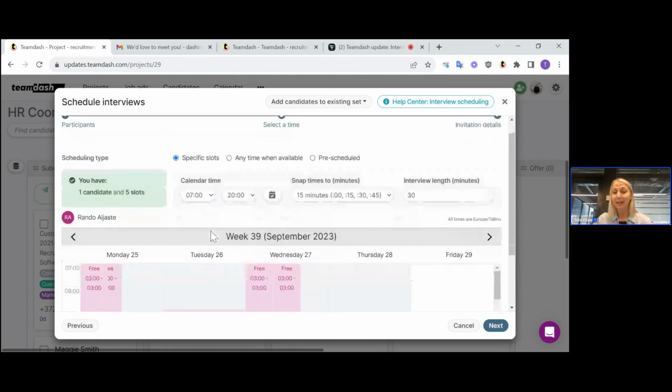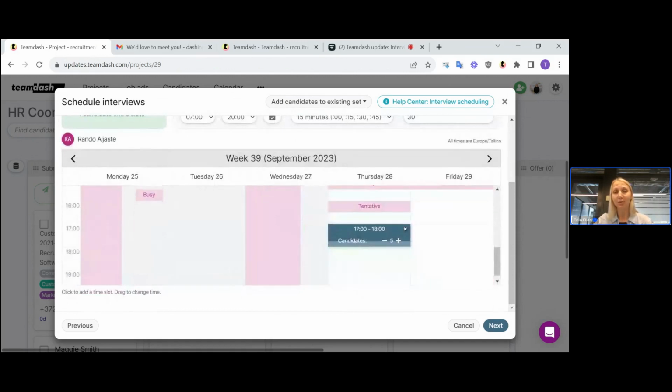And then this just means that this time slot will stay open until up to 5 candidates have confirmed that specific time, and then it will close off for other candidates. Okay,